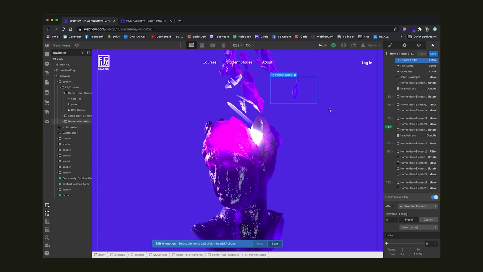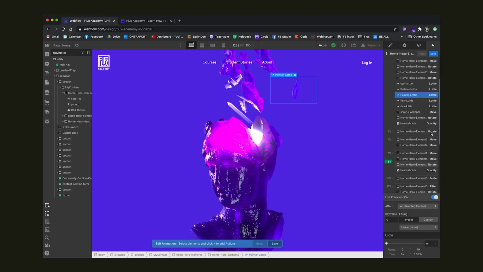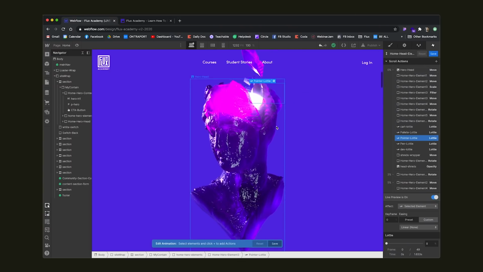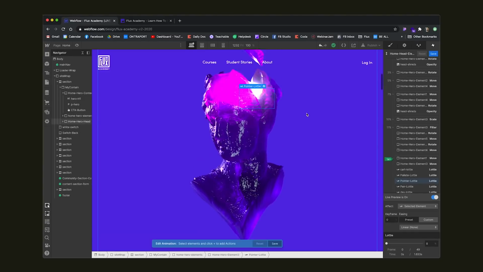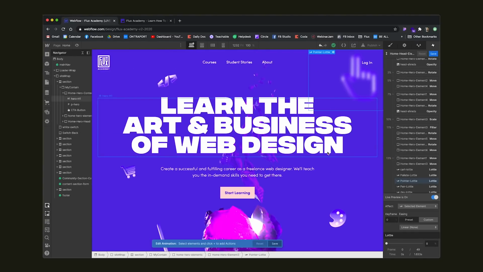Now, together with this movement of their position, we're also triggering the Lottie interaction, which basically means, remember, these elements are actually Lottie animations that have frames that they're moving. So alongside the scroll, we're saying don't just move them, also play the Lottie video, right? From frame 1 to frame 100, or I don't remember how many frames they have. So that's basically what's going on. All of these things are moving together with position, and also their Lottie is playing. And that's basically how we've created this whole hero animation.